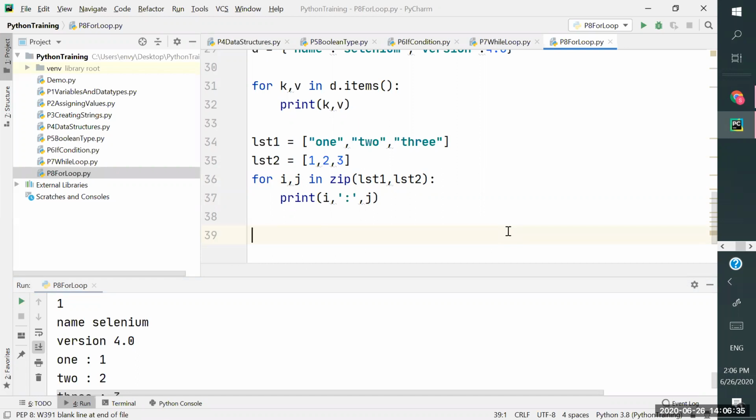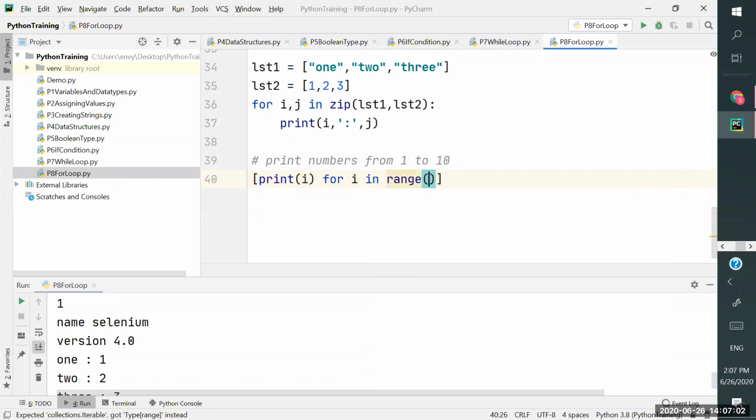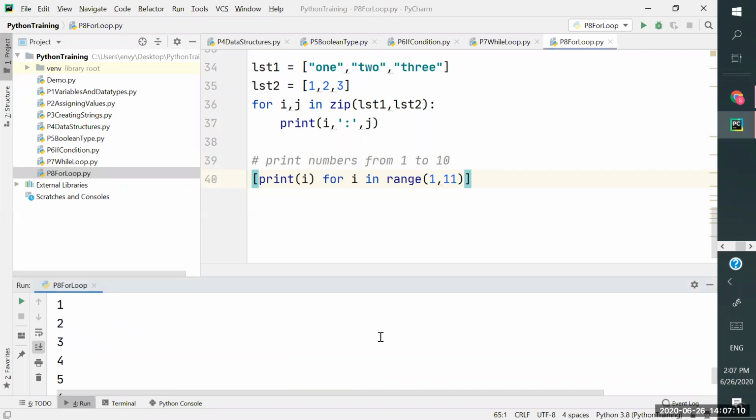So let's say I wanted to print values of a. The same thing we have seen first, print 1 to 10. So in the Pythonic way, I will print i, right, and then I'm going to use for i in range of 1 comma 11. That's it. Now it is going to execute that statement, and then you will have all the values. Simple.